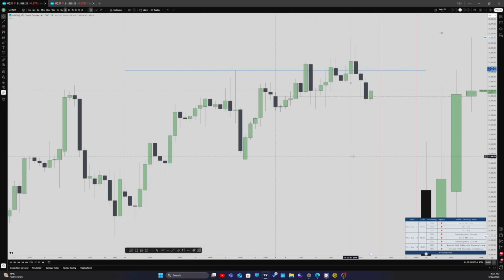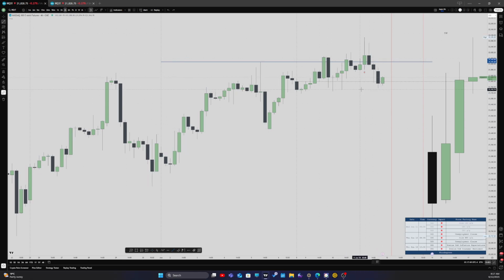On the 4-hour, we see this is previous week's high. Here we have some intermediate highs that were formed this week, and this high that followed after CPI that has taken liquidity here and came down afterwards. Price came down afterwards. So if we look in more detail,